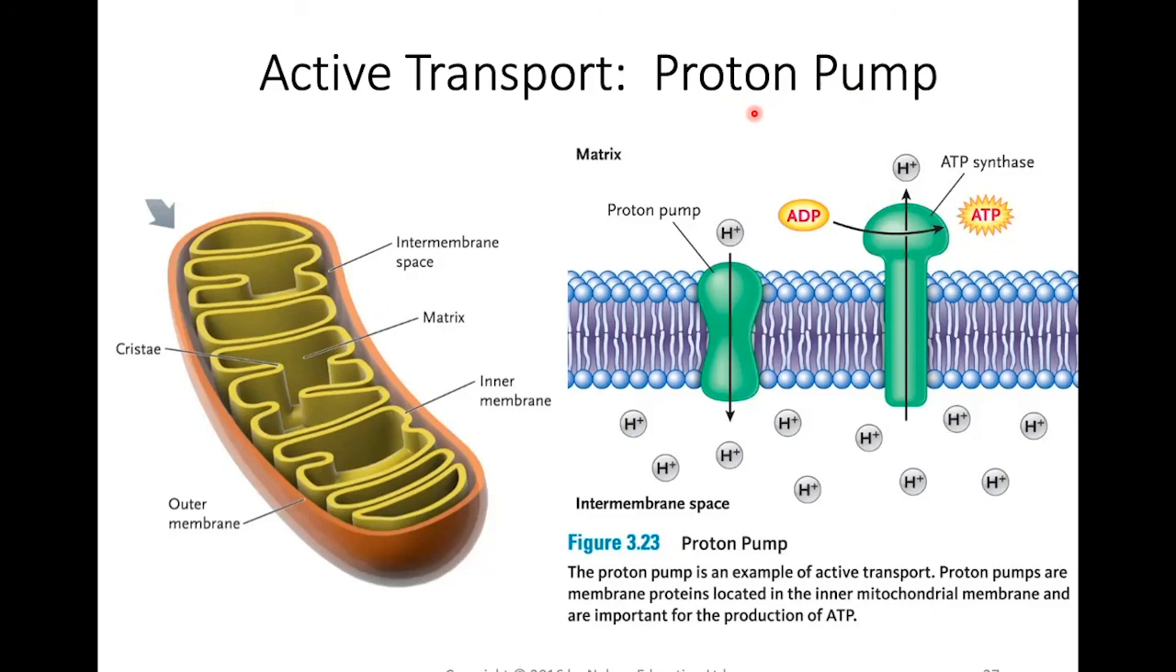Here, what we are trying to do is to create an intermembrane space. Remember, the intermembrane space is the space between the outer and the inner membrane. Within this intermembrane space, we want to pump protons to create a concentration gradient where the protons are very high in that space. And the reason that we want this concentration gradient is so that later on in the electron transport chain, we